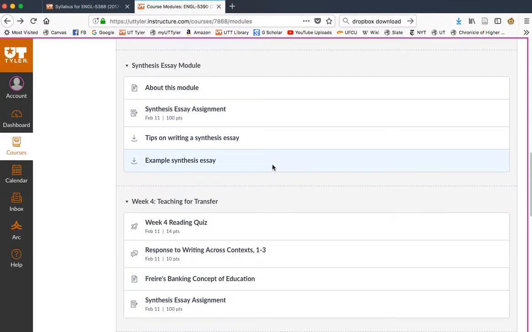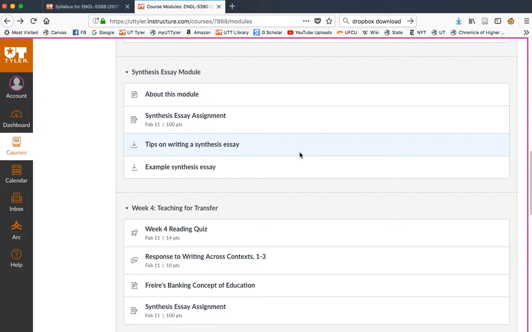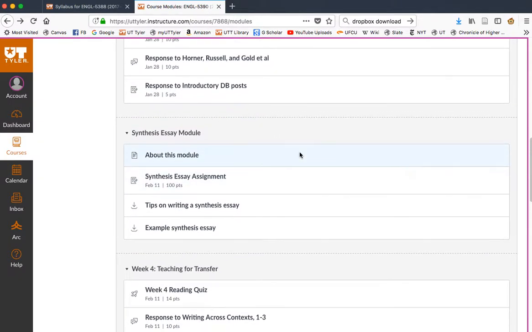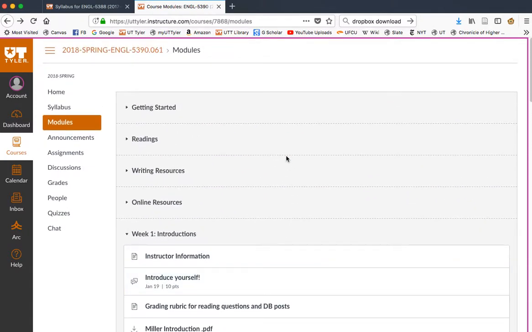Also in the synthesis essay module, tips on writing a synthesis essay, and an annotated example of what that should look like. So every once in a while you'll see these modules interspersed with the weekly modules, so that you can easily access all the resources I have for those assignments. Other than that,